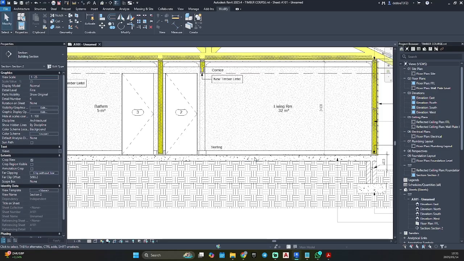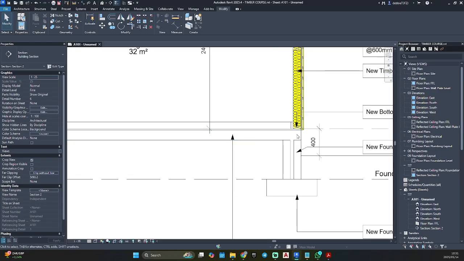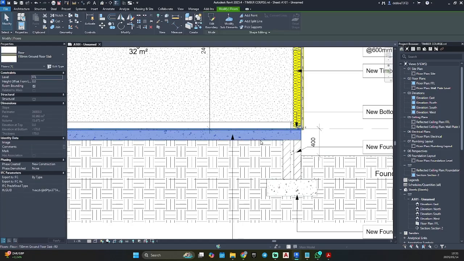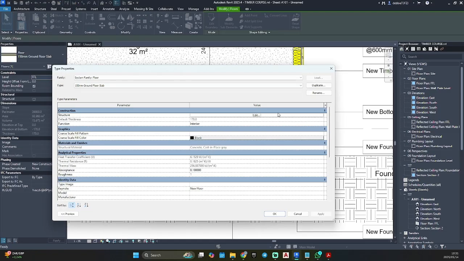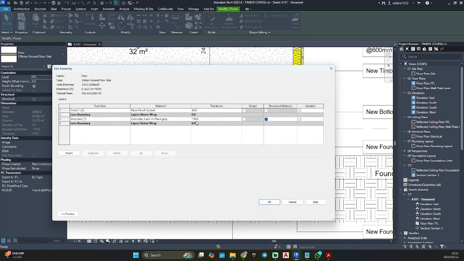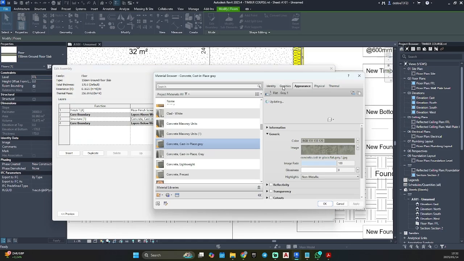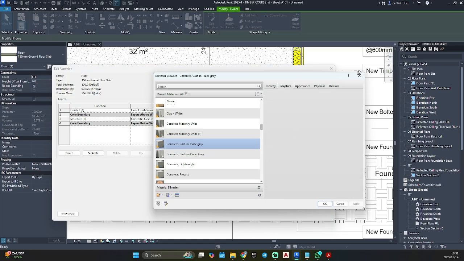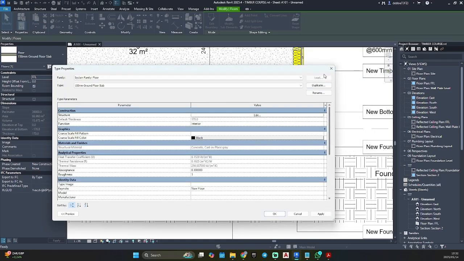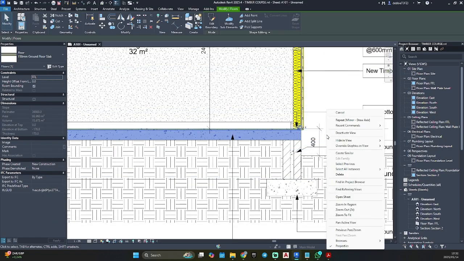So now, to comply with part A of SANS, we need to edit our floor slab, our concrete. Okay, I can't change that. I need to reinstall Revit.